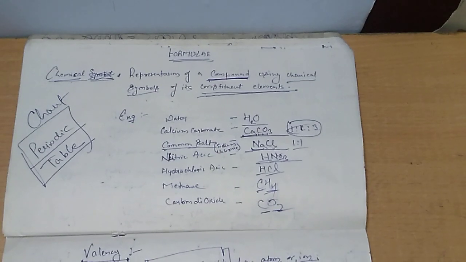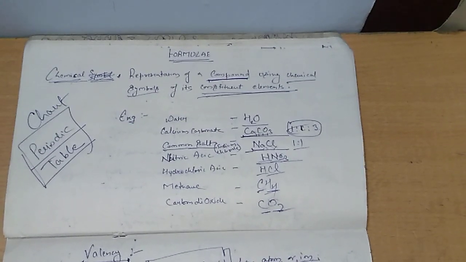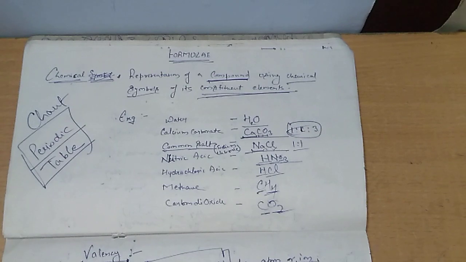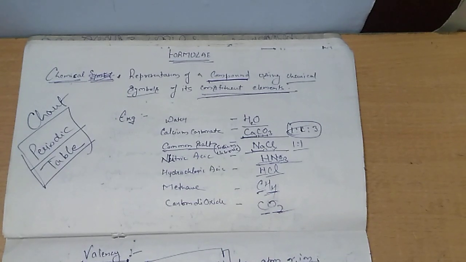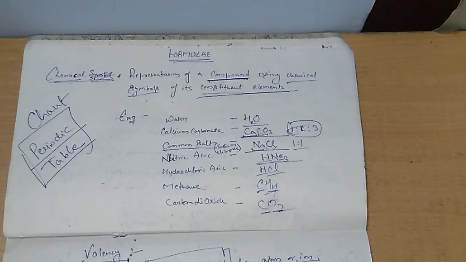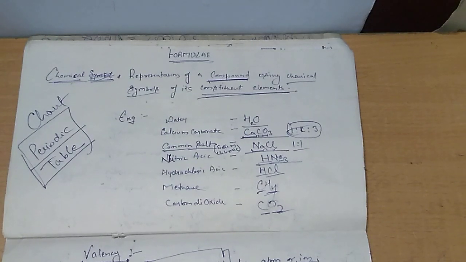As I have already told you, formulas are the representation of the substances around us, because the elements out of which all substances are made are already represented by symbols. If it is a pure element like gold, a ring made up of gold, the ring is a substance which we can see, feel, touch. That substance is made up of gold, but gold is just gold, an element. So the representation of gold is just Au.